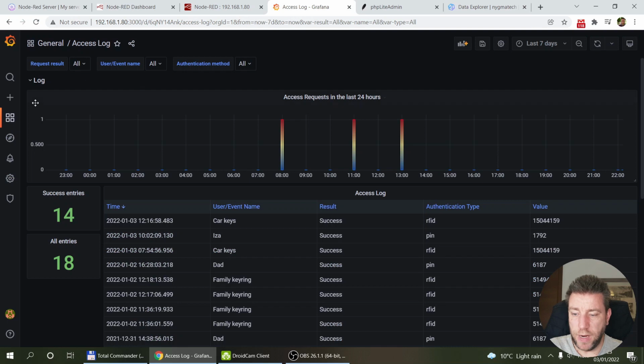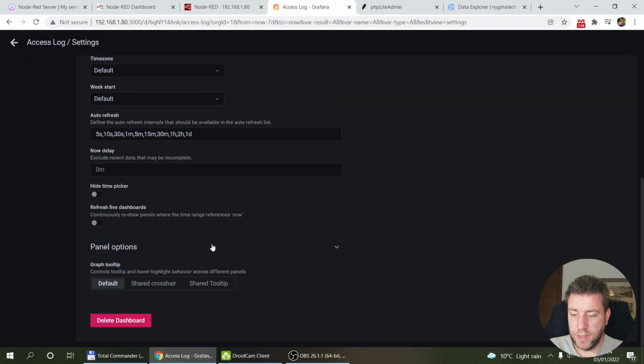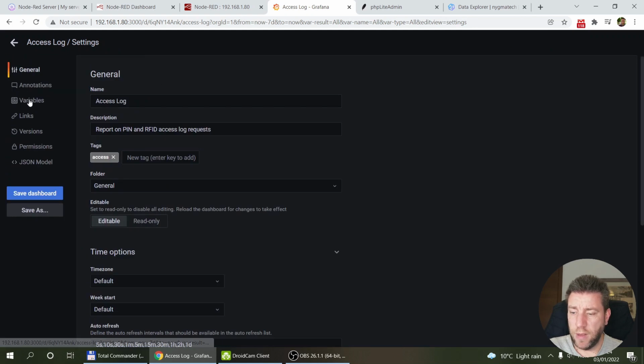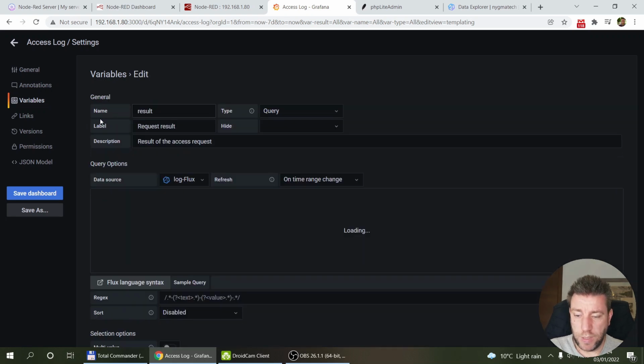Let's head over to Grafana and let me edit this dashboard for you. And well, there's nothing special here. Let's look at the variables. So I created 3 variables in which I'm filtering on each of the tags and, well, actually the values within each tag. So the first one is the result,